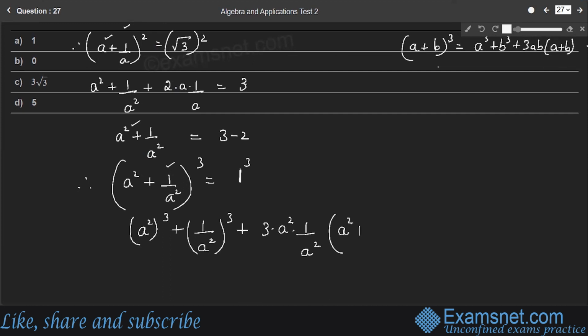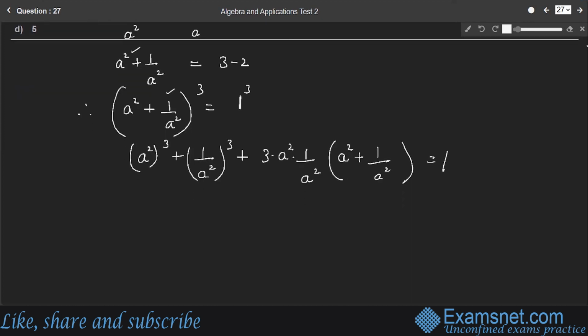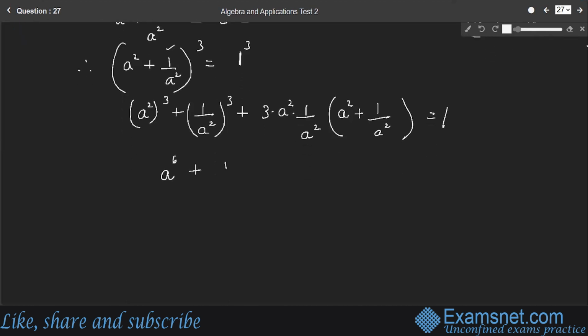a square, b is 1 by a square, 1 cube is 1, right? So the first term becomes a square, the whole cube becomes a raised to 6, because a raised to m whole raised to n is a raised to m into n, right? So a raised to 2 into 3, which is 6, plus 1 by a square, the whole cube becomes 1 cube by a square, the whole cube. So 1 cube is 1 itself divided by a raised to 6, plus 3 times a square